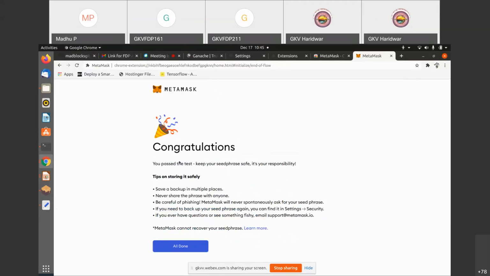It is saying congratulations, you passed the test. Keep your seed phrase safe, it is your responsibility. Save a backup in multiple places and never share the phrase with anyone. Be careful of phishing, because phishing is a technique that looks like a duplicate of the real thing. Phishing is nothing but one kind of